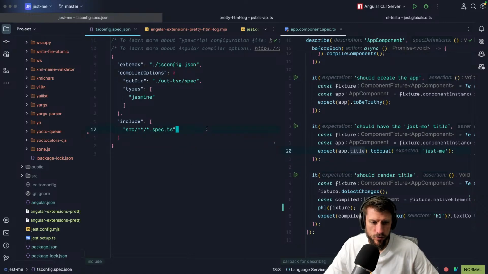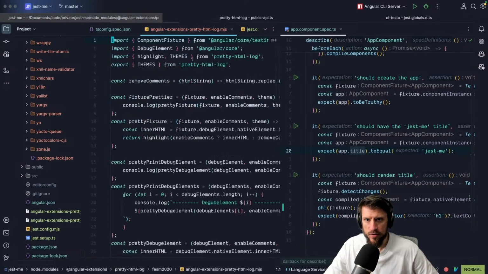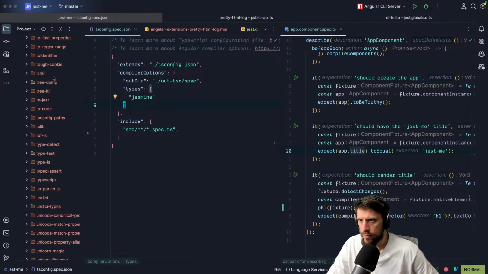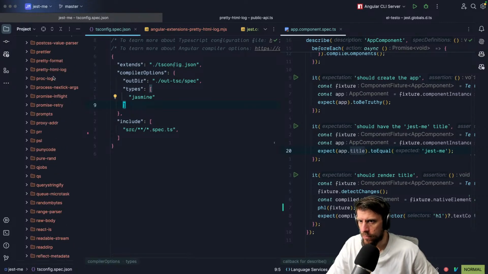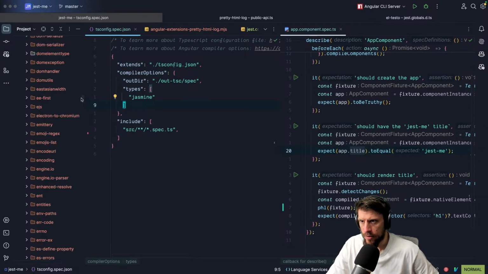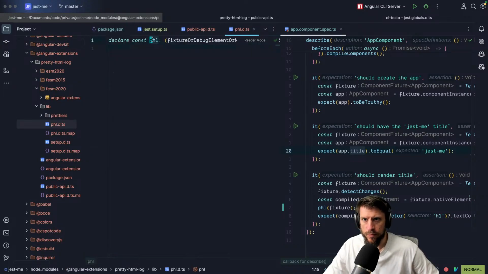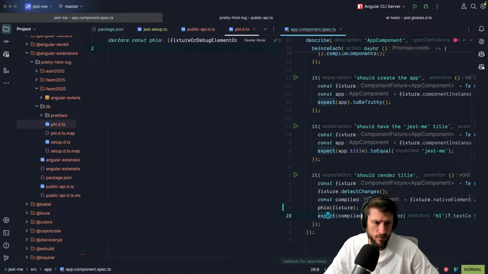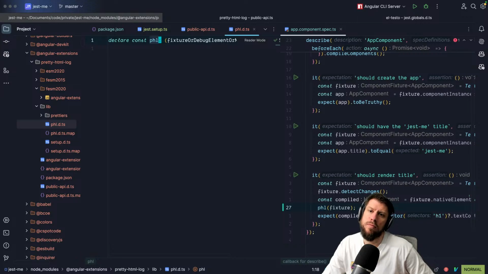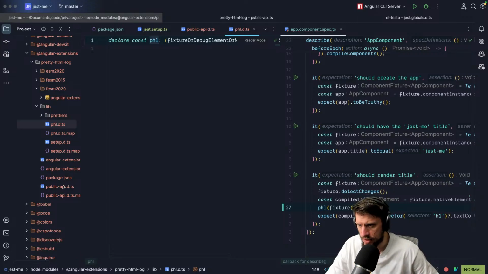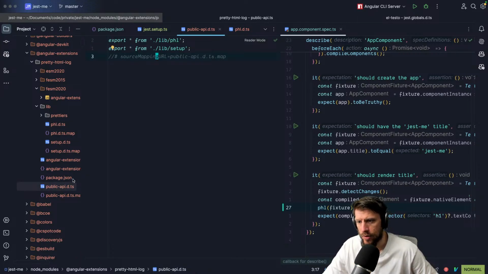I don't even have to import this stuff. And just to check that it's taking the real file. So it's becoming more like a TypeScript thing, I think. PHL, it doesn't find it. Now it finds it. So those declaration files cannot really have